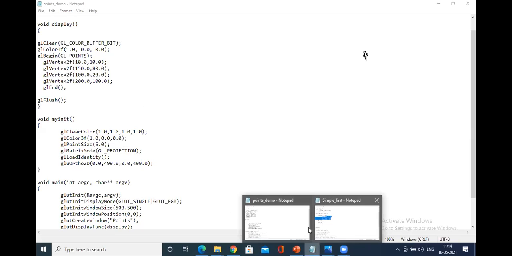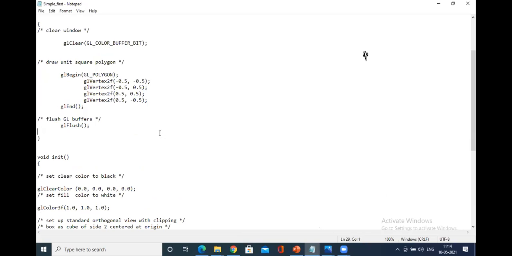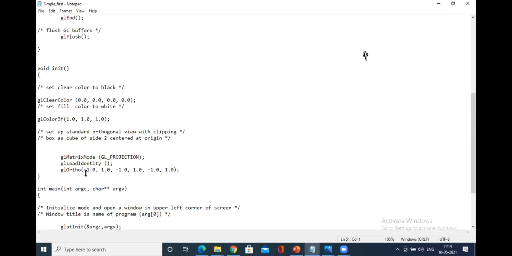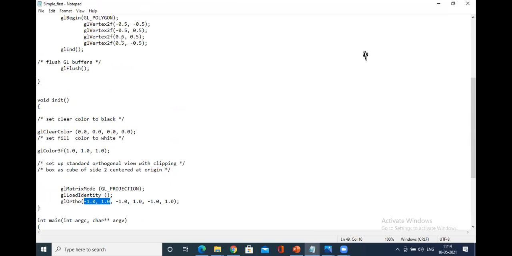Whereas in the program, such as a polygon, though the window size was 500, 500, my GL ortho projection that is being called in the init function had x min and x max within the range -1 and 1. So though the window size is 500, 500, the coordinates will restrict my orthogonal projection matrix, that is 2, -1 and -1. So if you give the coordinate as 2, it will outskirt it. In the sense, you will not be able to identify that coordinate. It is out of range. So the coordinate should be within 0.5, that is within 1.